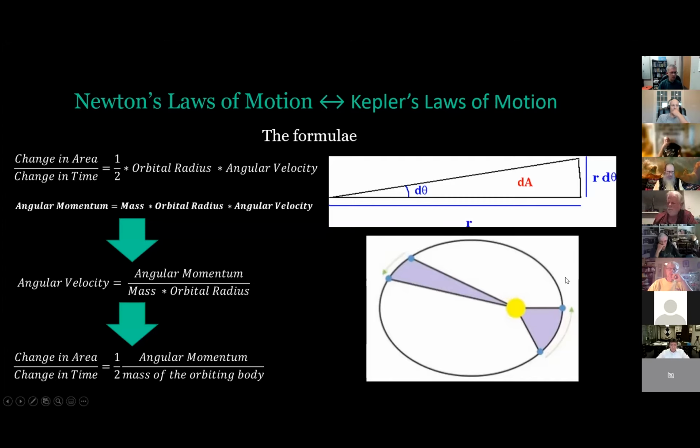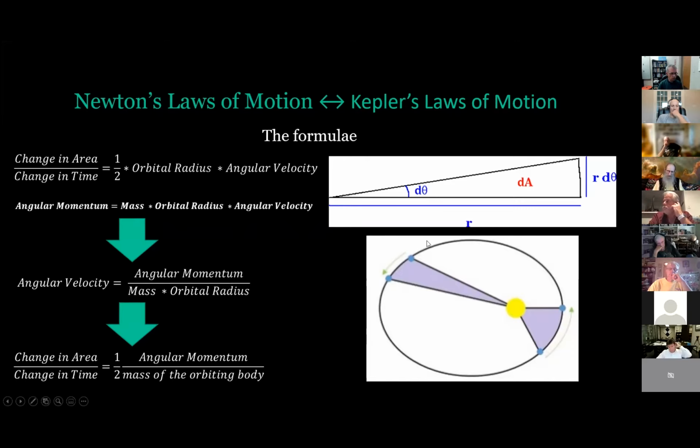Angular momentum is an object's susceptibility to move when you give it energy. And that's regular momentum, that's traveling in a straight line. But we have the susceptibility for an object to go in a circular orbit around another body, and that's the angular momentum. In this case, it changes as the velocity changes. Now that deals with the momentum. We have the mass and the orbital radius. And this gives us our formula for Kepler's